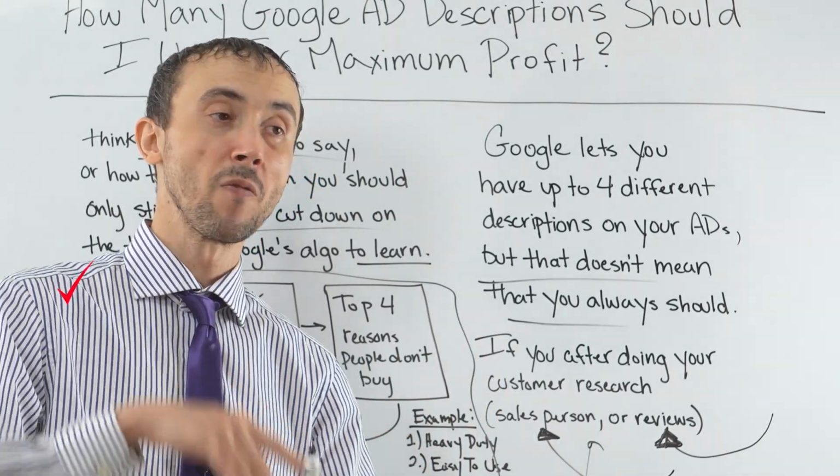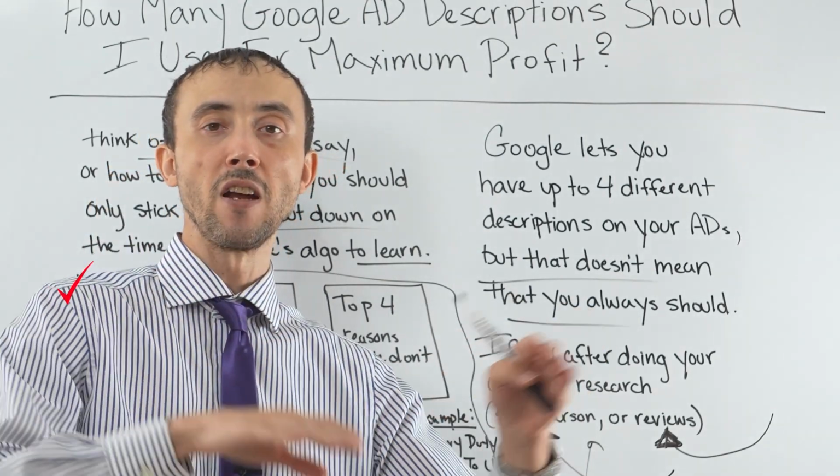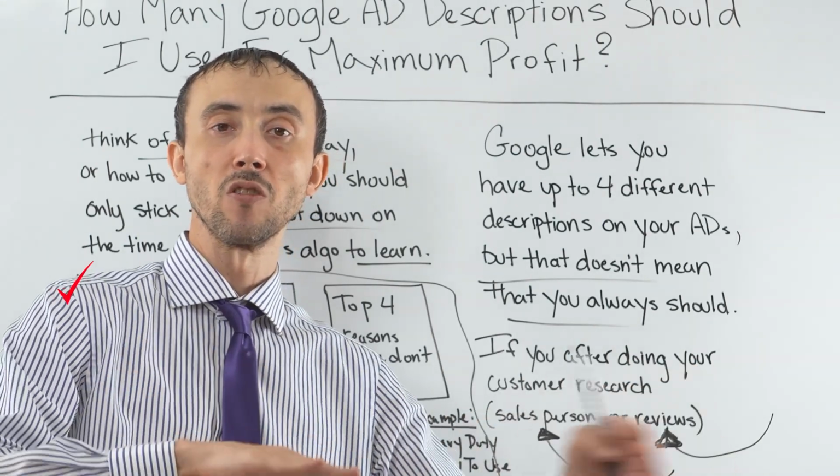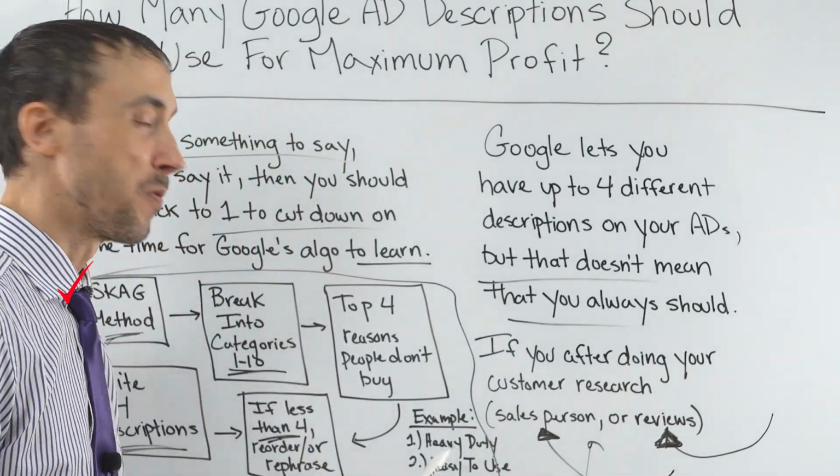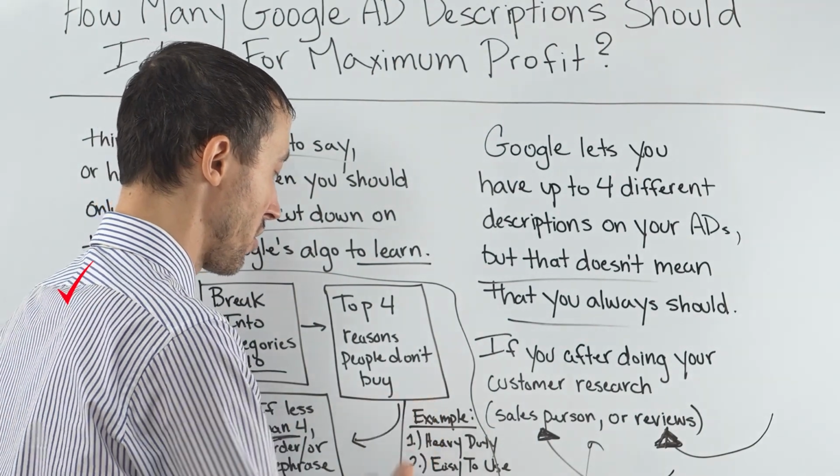So you have up to 4, and for Google to really find placement of the right description for the right people within the keywords that you're targeting. As a little example here of how this actually works,